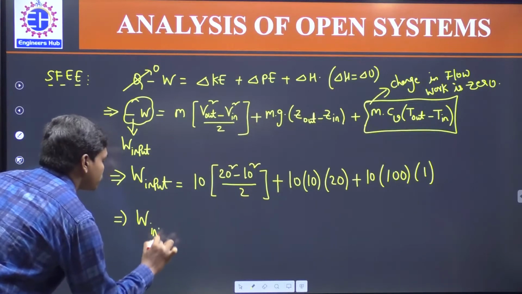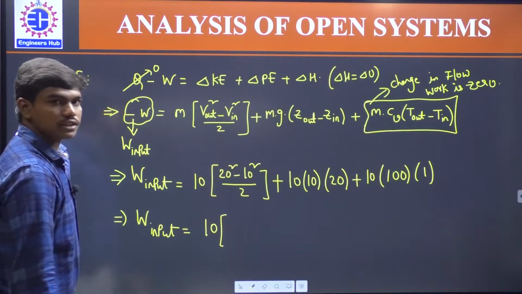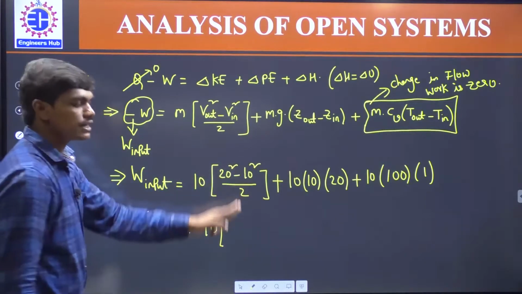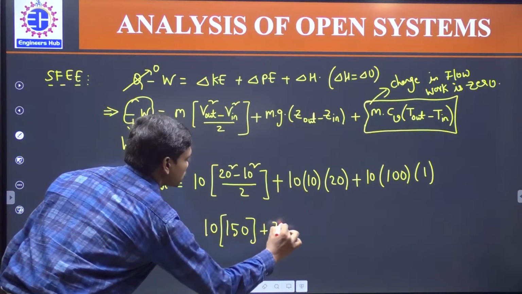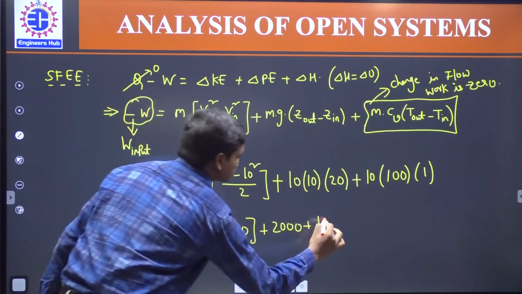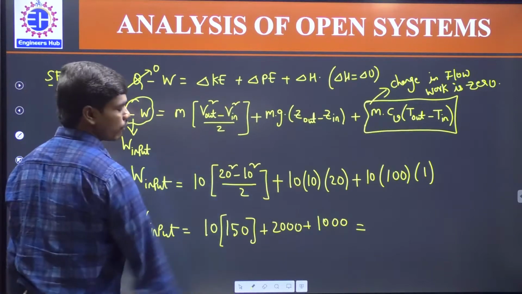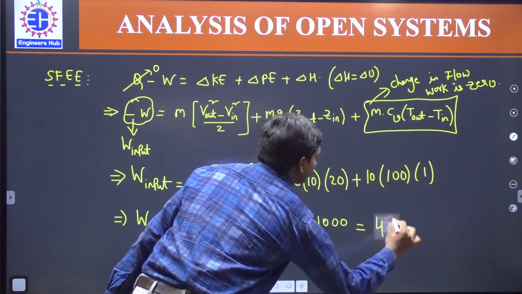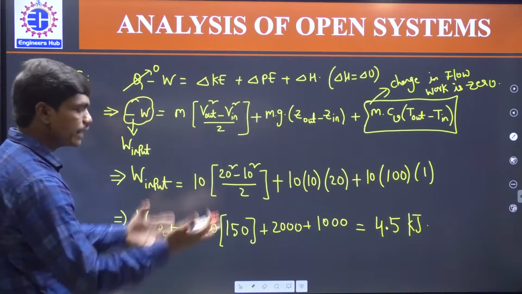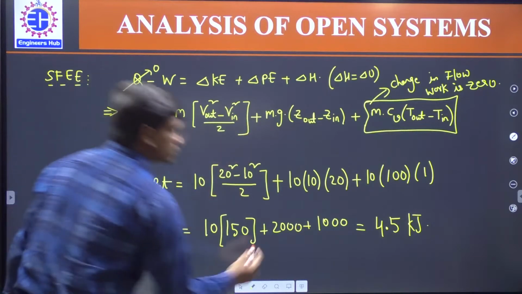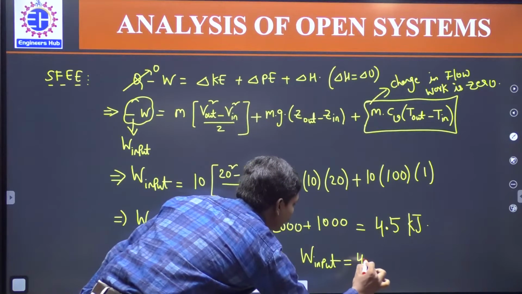So W input is equal to 10 into 20 square minus 10 square, which is 400 minus 100, which is 300. 300 divided by 2 is 150. Plus 2000, plus one more 1000. So if you see 2 plus 15, 35, 35 plus 10, 45. So this is 4.5 kilojoules, the work input that you are adding to the system to cause all these changes. So work input is equal to 4.5